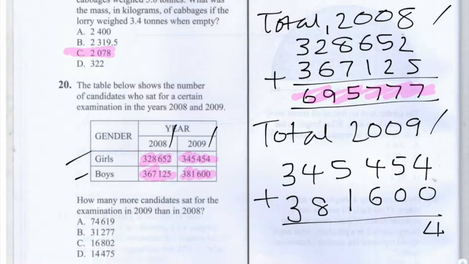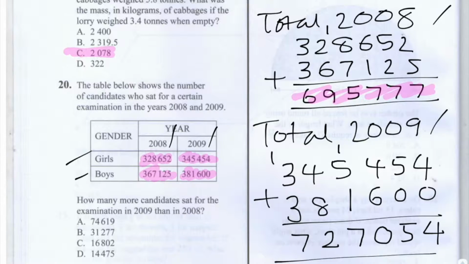0 plus 4 is 4. 0 plus 5 is 5. 4 plus 6 is 10, 0 carry 1. 5 plus 1 plus 1 is 7. 4 plus 8 is 12, 2 carry 1. 3 plus 3 plus 1 is 7. So we have the total number who sat the examination in 2009 as 727,054. So we need to subtract